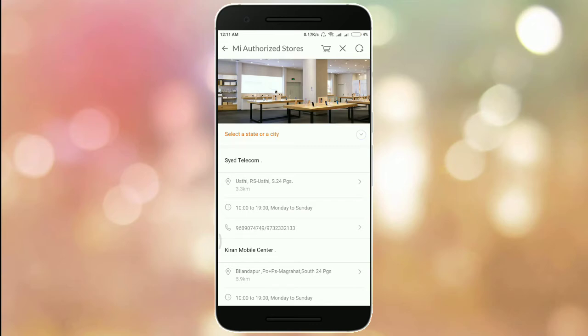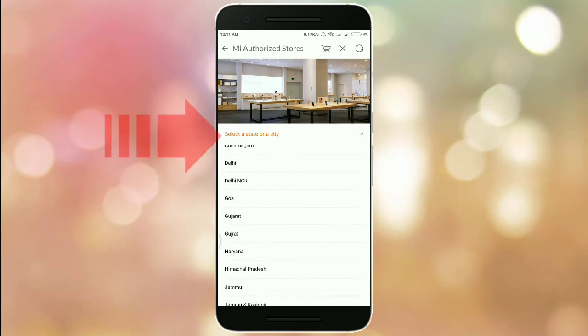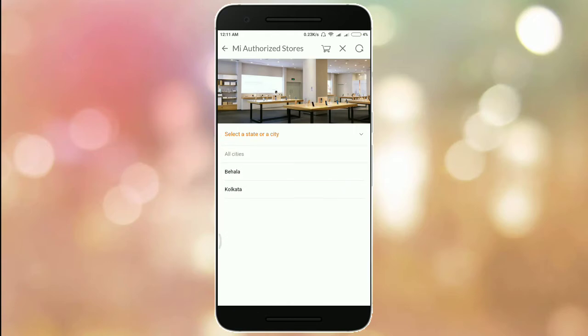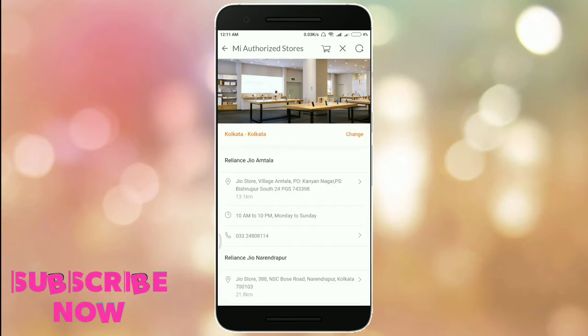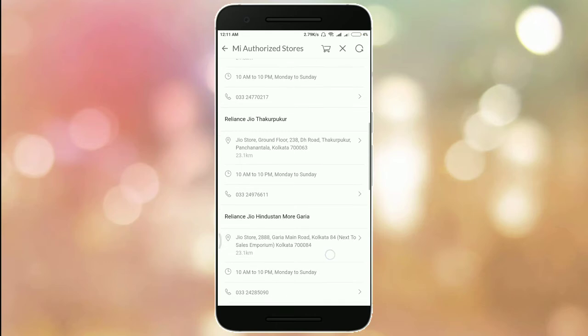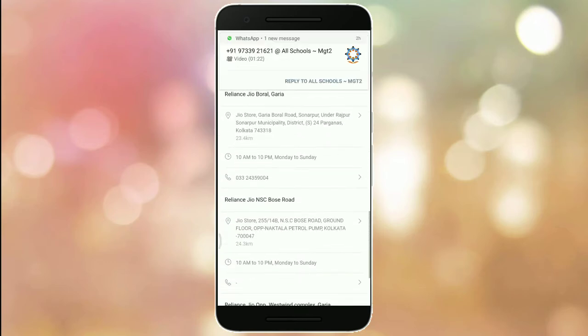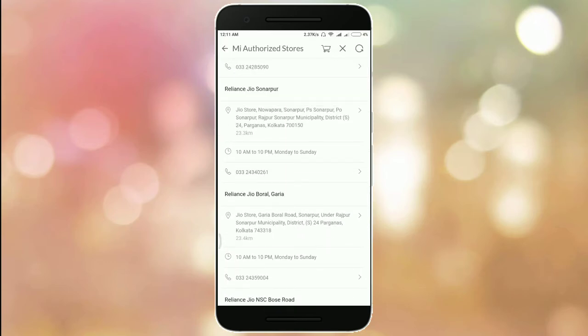Friends, now manually select your country and select your city. Simply tap on select state or city and find your state. For example, I find my state, West Bengal. I tap on West Bengal, and my city is Kolkata. Simply tap on this. Now as you can see, these are the offline stores, so simply tap on this,